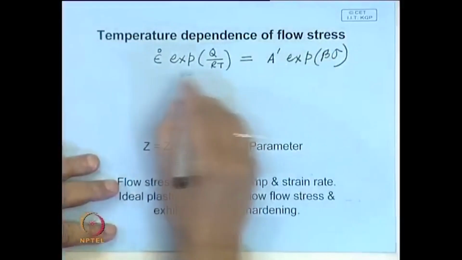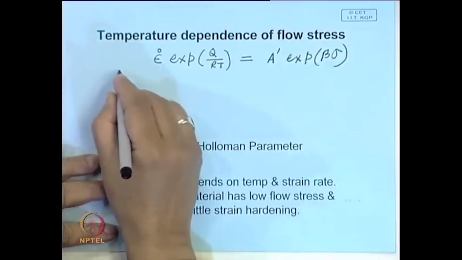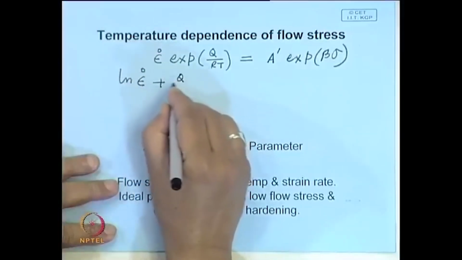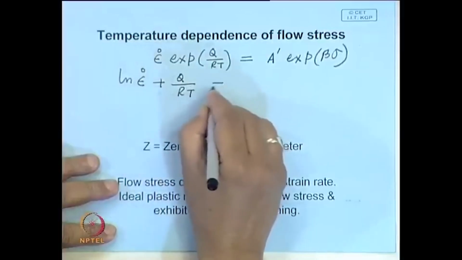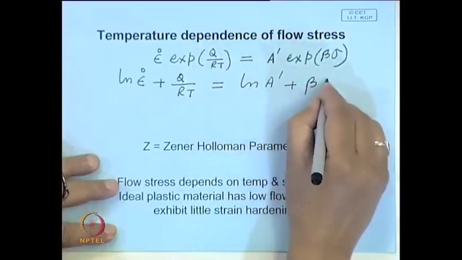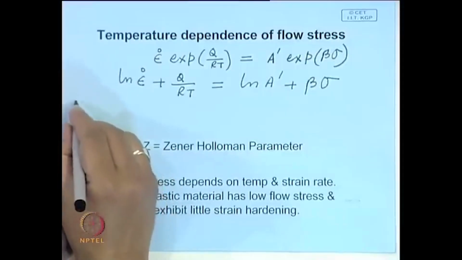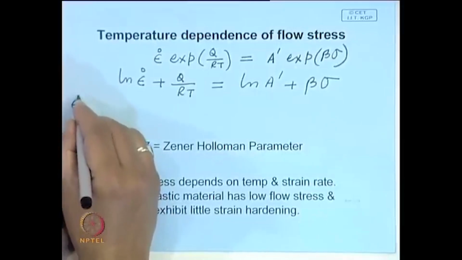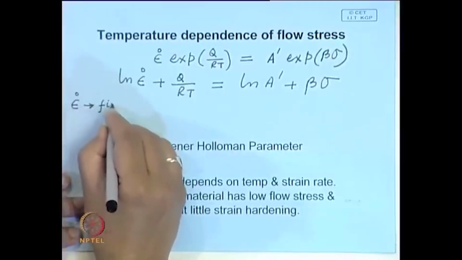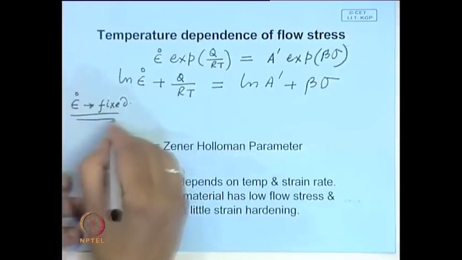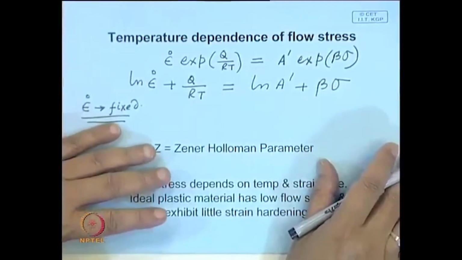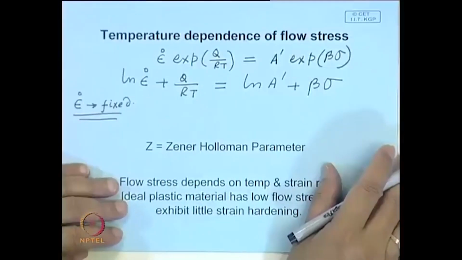Now, you will easily be able to show that if you take log, Q over RT is equal to beta and sigma. Now, if you assume that in any deformation process the strain rate is often fixed, nearly the same. From process to process, material to material, it may vary, but by and large this will be constant, and if it is constant, in that case